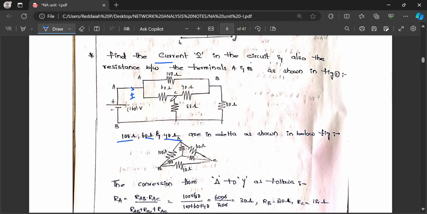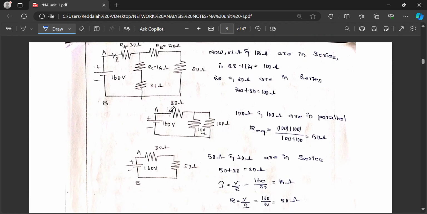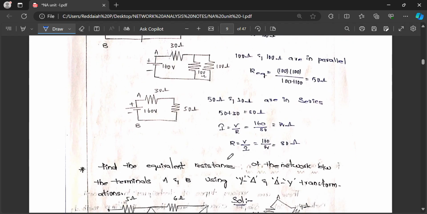100 ohm, 60 ohm, 40 ohm are connected as delta. Convert into star by using the formulas. After conversion, you can draw the circuit like this. Finally,